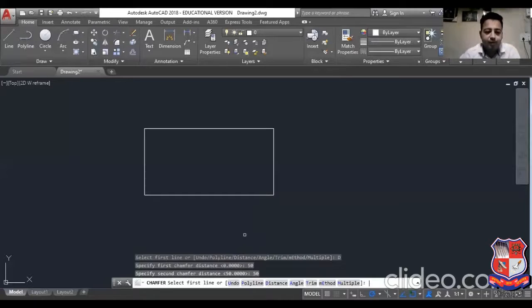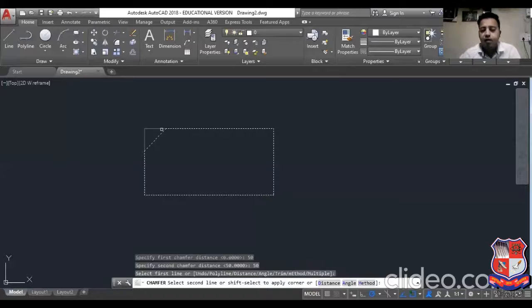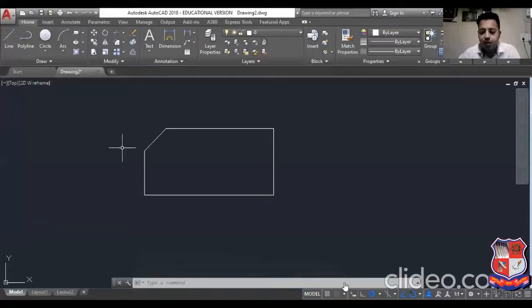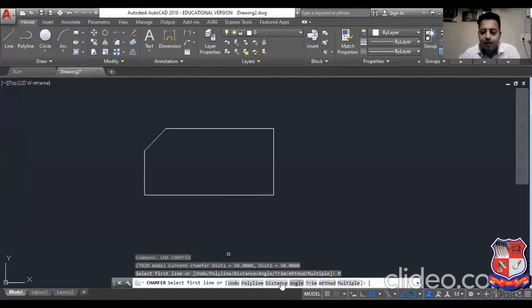So what happened, select the first line and select the second line. Okay, and command is over because I have not selected multiple option. Again I will say CHA enter. First I will say multiple, okay, and then I will say distance again. So now I want to create a chamfer of 50 by 60.